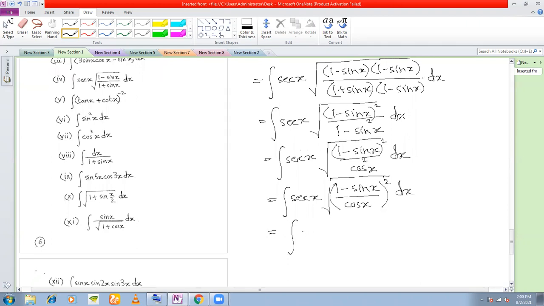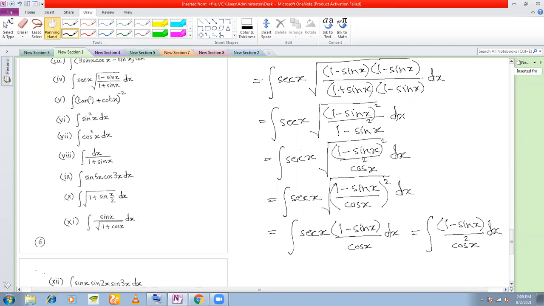Now you can remove the radical because within the radical you have a perfect square, like cos x dx, which can also be written as, you change sec to 1 by cos, so you can write this as 1 minus sin x by cos square x